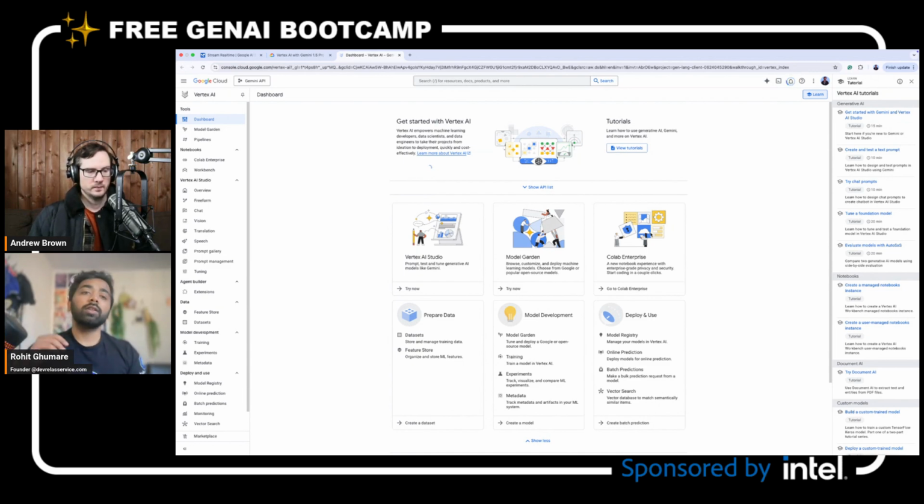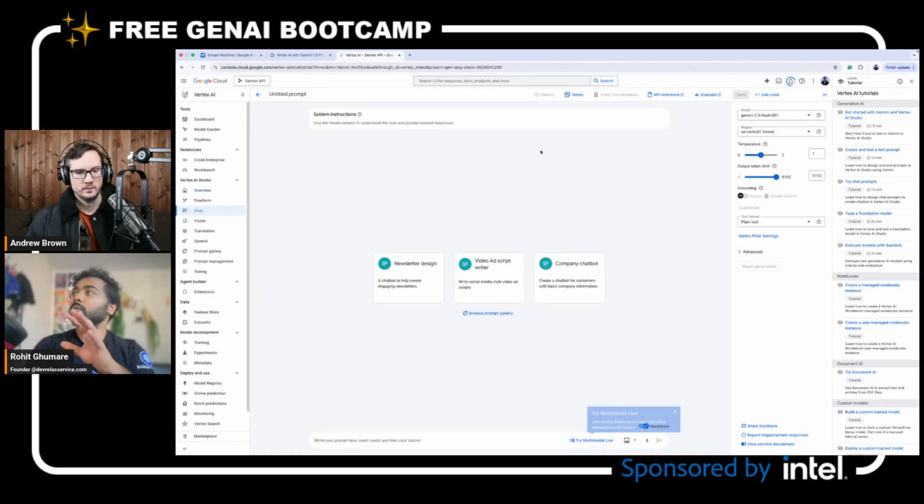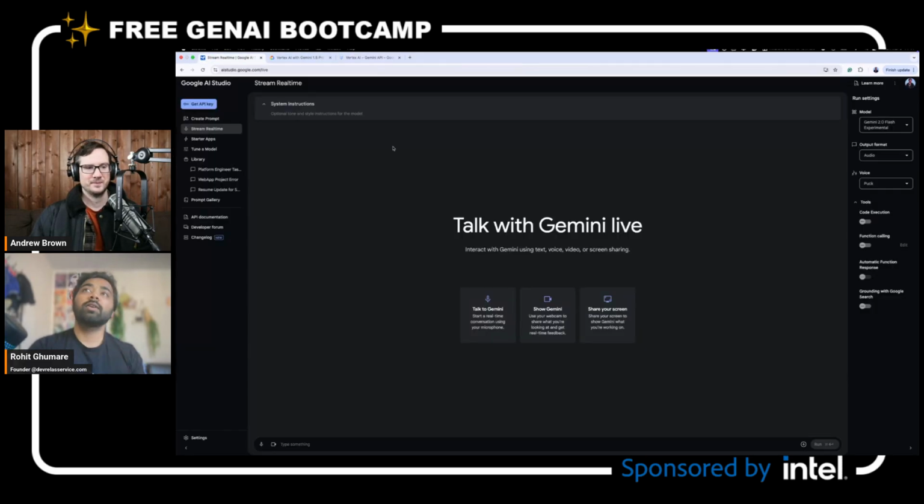But the thing is, you have to do it on Google Colab, and you can also use Vertex AI Studio. It is similar, where you use the open chat and so on. But one thing is you have to prepare your Google Cloud account ahead of time, right? So if you don't have Google Cloud, or you don't know how to launch the platform, or you don't want to give your credit card to Google Cloud,